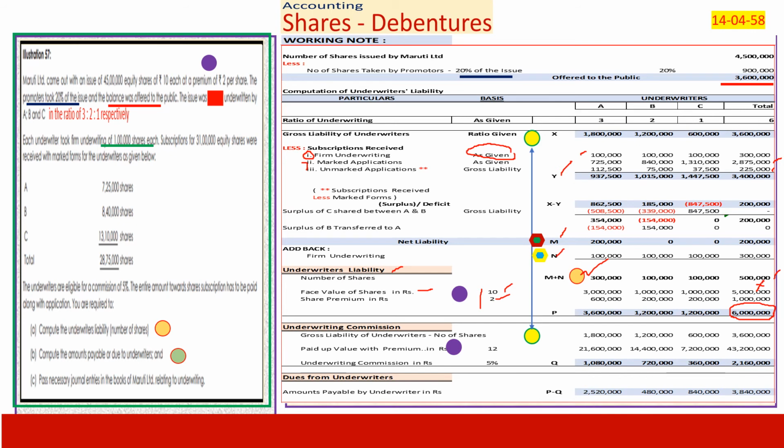Third, underwriting commission. Underwriting commission is paid on the original commitment given. It has nothing to do with these calculations. They committed in the beginning that 36 lakhs is underwritten by them in the ratio of 3:2:1. What is the value? 18, 12 and 6. On that assignment, that commitment, they will be entitled to a commission of 5%. 18 lakh shares, 12 lakh shares and 6 lakhs. What is its value? Into 12 is